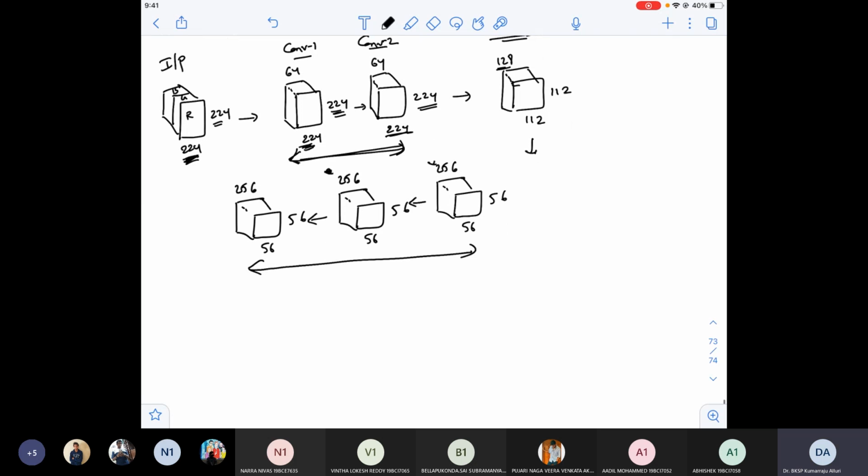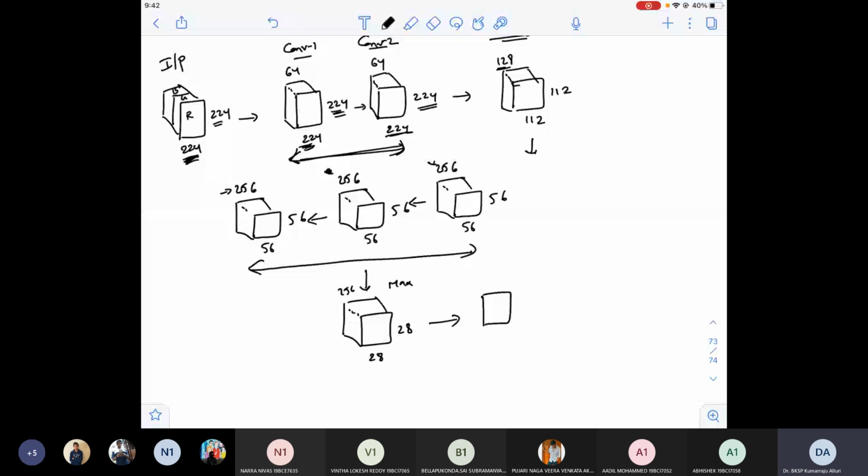Now this is the same thing, and again after this they applied max pool, and you know that 56 will be reduced by 2 to almost 28 cross 28. They have not applied 256 plus 256 plus 256; they have taken only one 256. Last thing, 256. This is max pool.